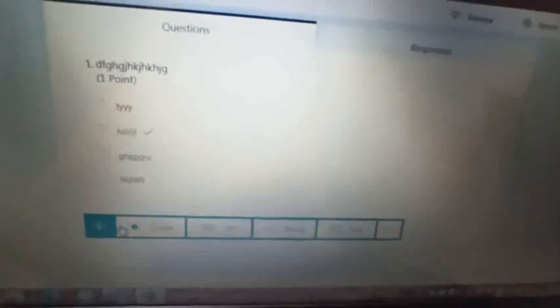Now see, the first question is done. I want to type the second question, so I will click add new, and then I want to again give an MCQ, so I will select that and type the second question. Whatever my question is, the same kind of steps you have to follow for this also, right?